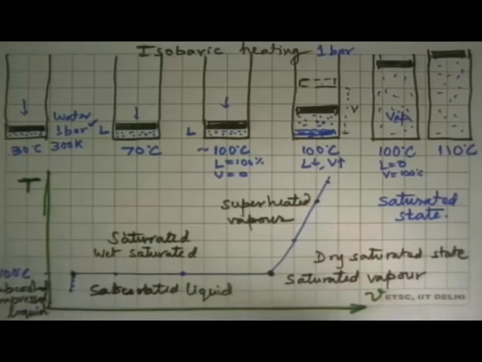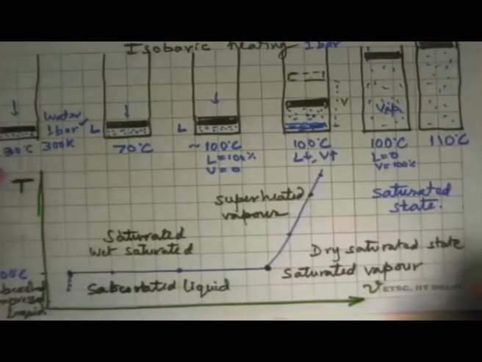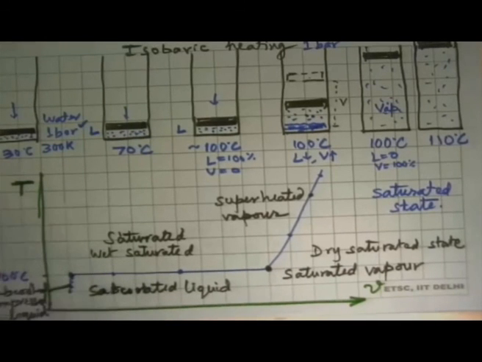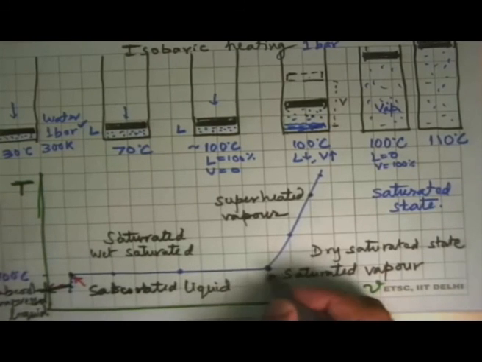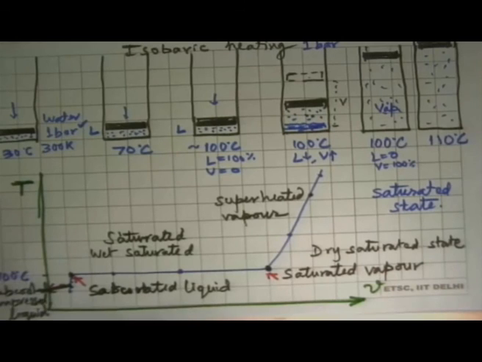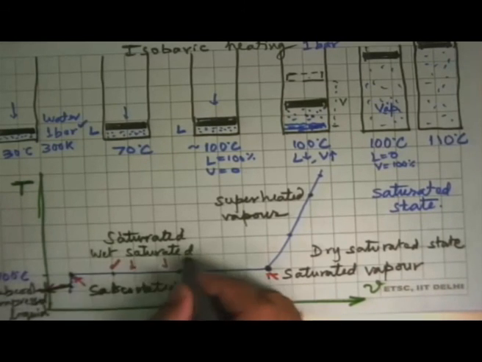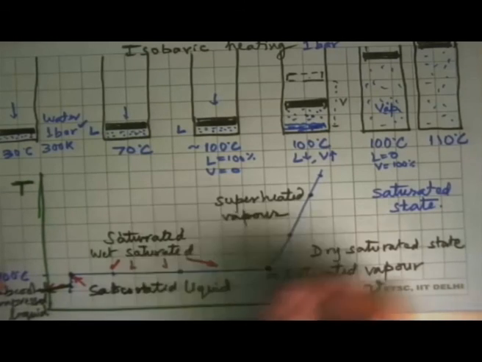So several important things have come out from this small discussion. These are all subcooled liquid or compressed liquid states. This point is the saturated liquid state. This point, the saturated vapor state. In between, all these are wet saturated states. And this point,